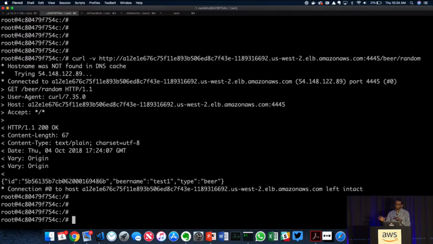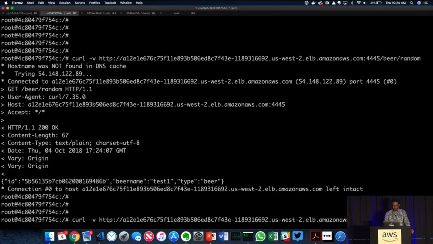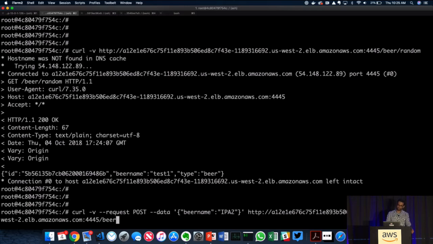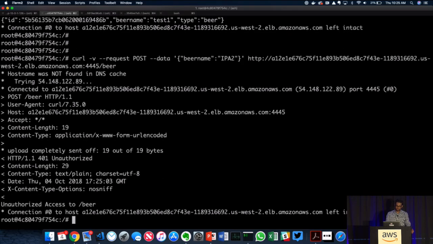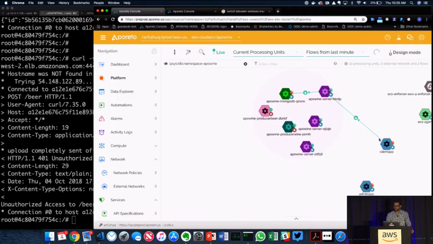Now that's at a network layer. Let's talk about it at an API layer. If I try to do a post request, it's going to get denied. The reason is that this specific application only has the ability to do a GET on a specific API endpoint. So when I tried to do a post, it was denied.